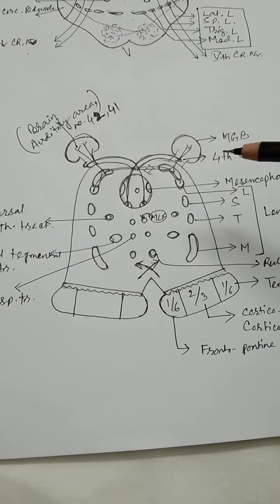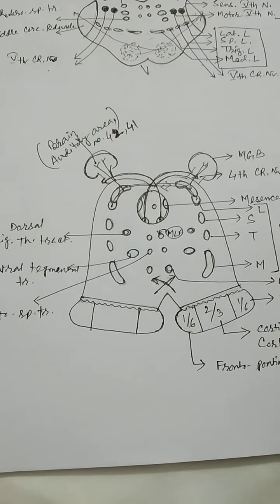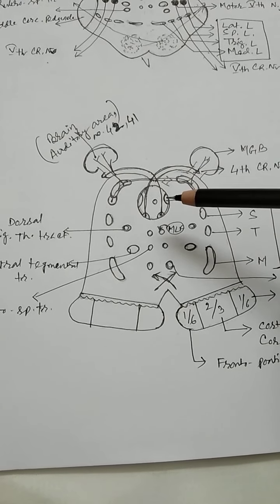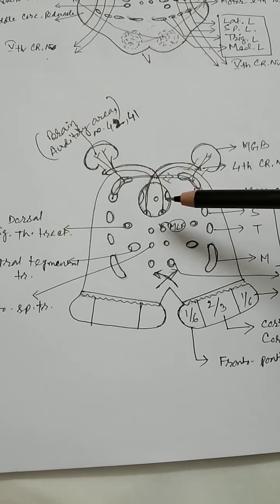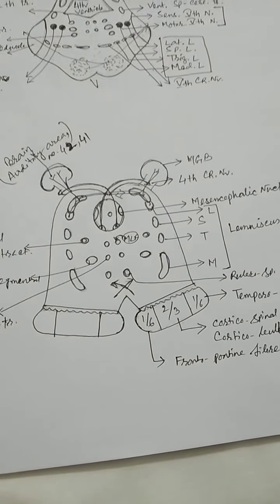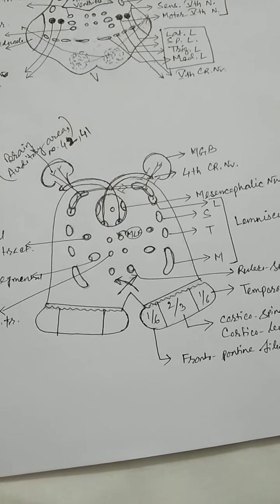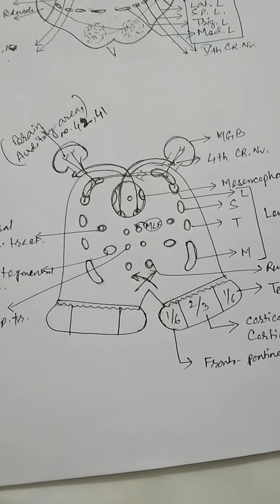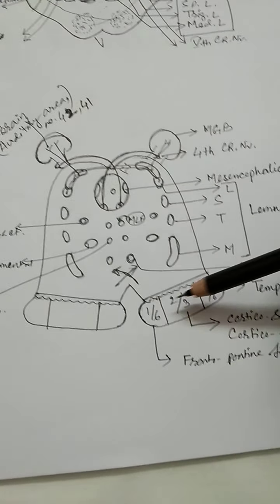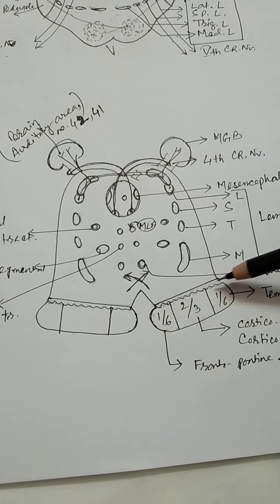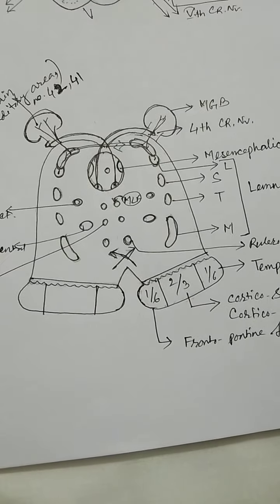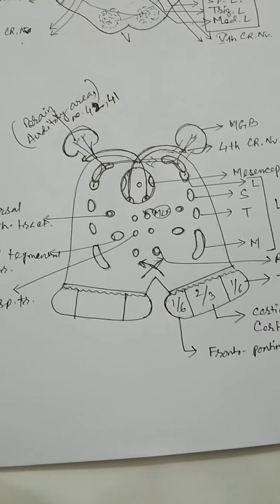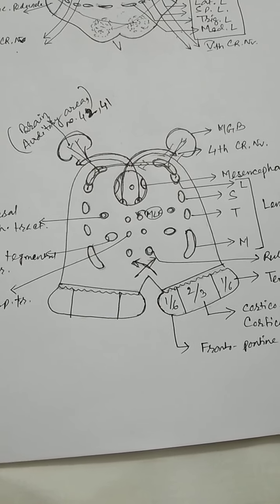Before starting the midbrain, you should know that the midbrain can be divided into three parts. So how can we identify the midbrain? The midbrain is identified by the presence of the red nucleus at the level of the superior colliculus, and at the ventral part of the midbrain there is the presence of the substantia nigra. So these are the two characteristic features. The substantia nigra is present throughout the midbrain, either at the upper part or the lower part.